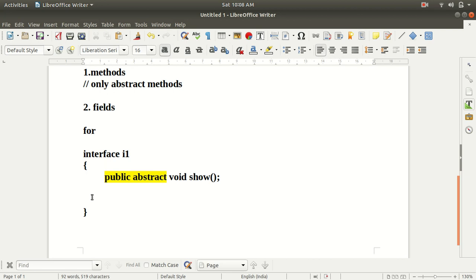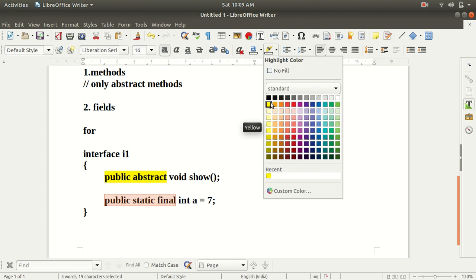And if we talk about the field, let's say I have written int a equals 7. Here, by default, the compiler is going to add public static final. This means that whatever variable we add to the interface is going to be public static final, whether we write it or not.